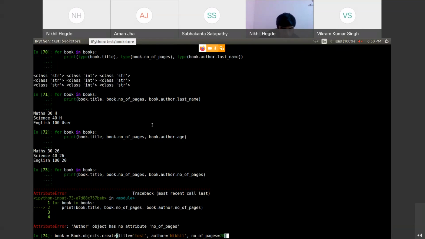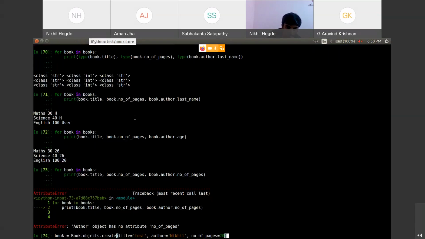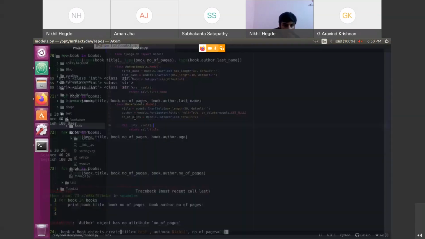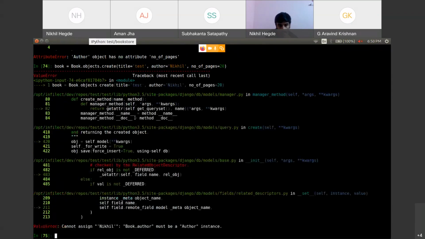So I think it's a valid query because if I remember correctly, we didn't put any primary key in the model, right? Okay. So you are saying that it's a valid query, right? Yeah, I think so. Okay. Yeah. Let's try to execute now. You will get to know.